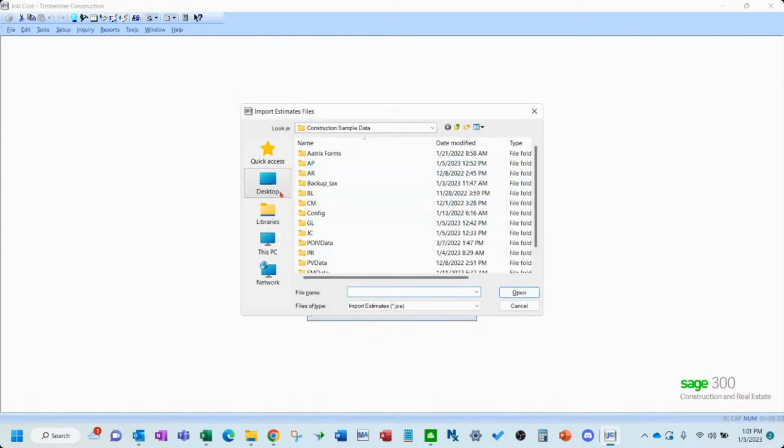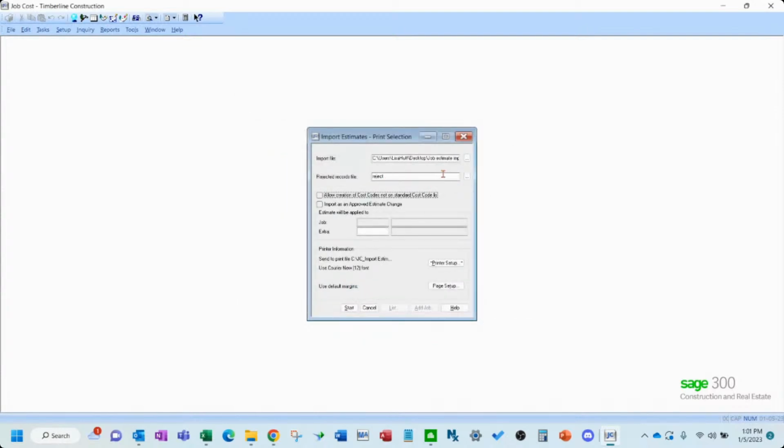You're going to go to the same spot your file's located and create a reject file. Okay, so that's what that is for. So if something doesn't import in, it'll put it in a separate file here in case some come in and some don't. They'll list the ones that do not in this reject file.